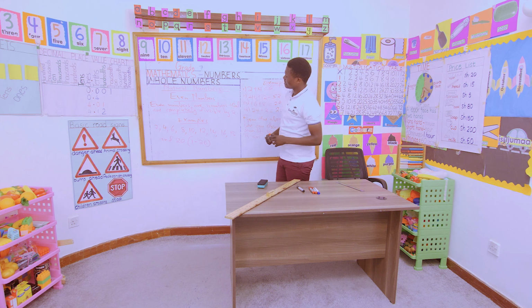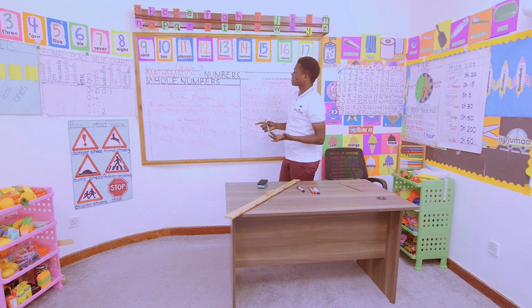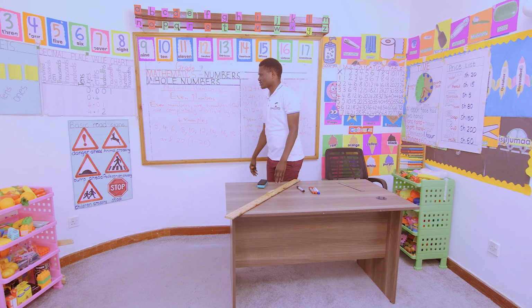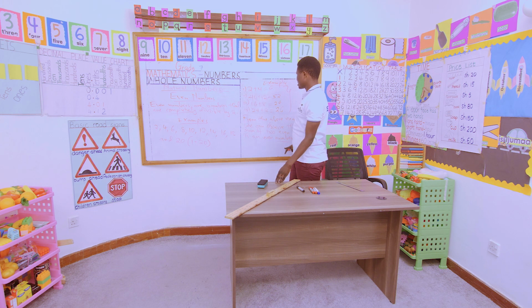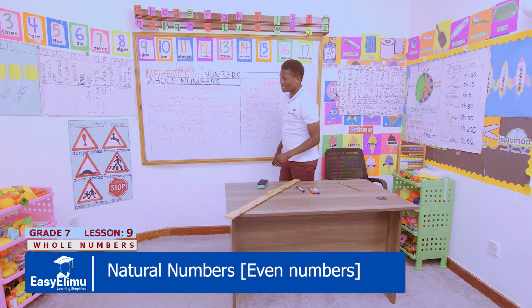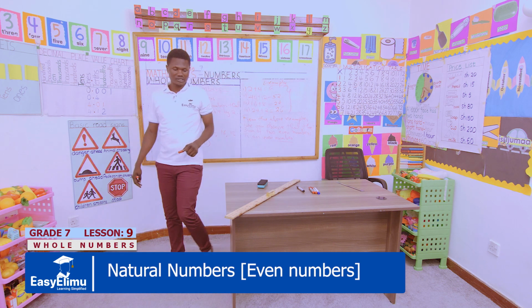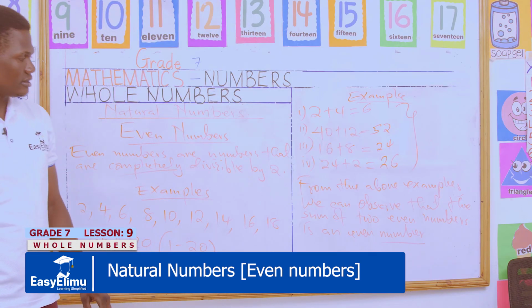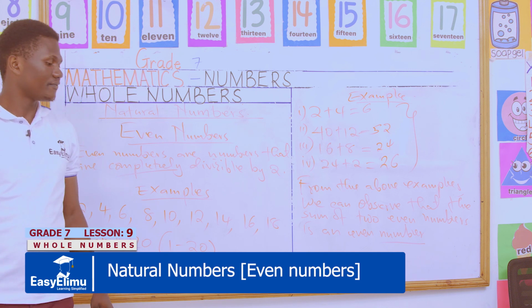So basically, that is all we can discuss about even numbers. Maybe later on when we are working with divisibility test rules and other normal operations, you will remember that whenever you have to add two even numbers, you should end up with an even sum. And whenever you add two odd numbers, you should also end up with an even sum. Otherwise, any question? Any question? Okay, if there is no